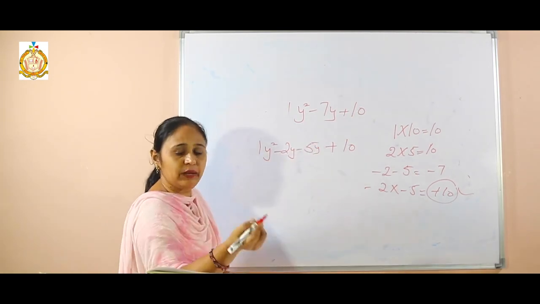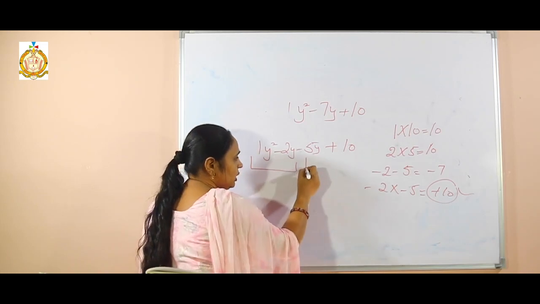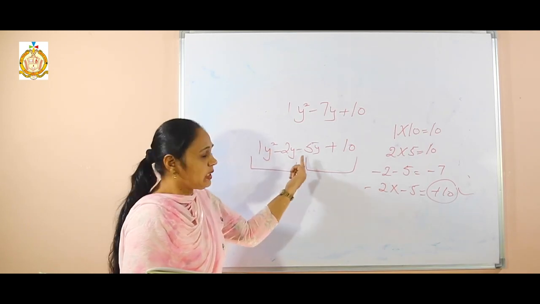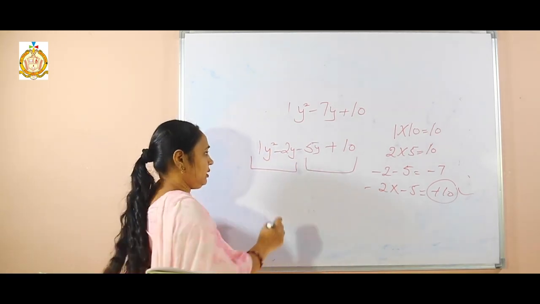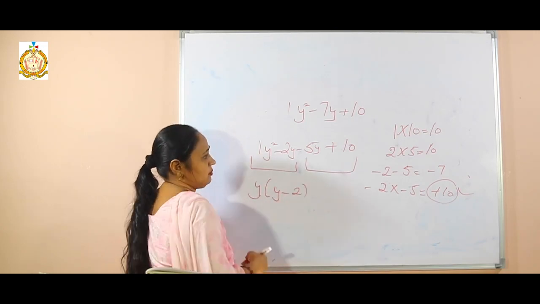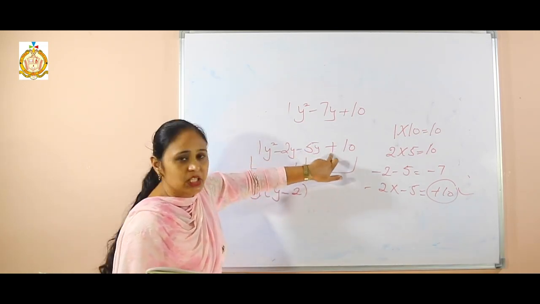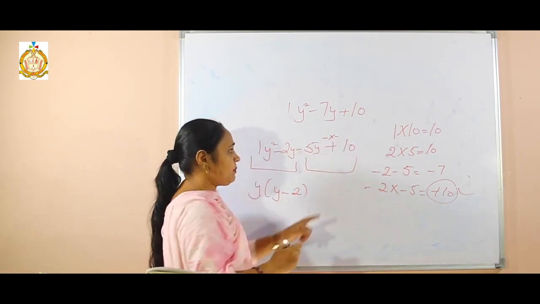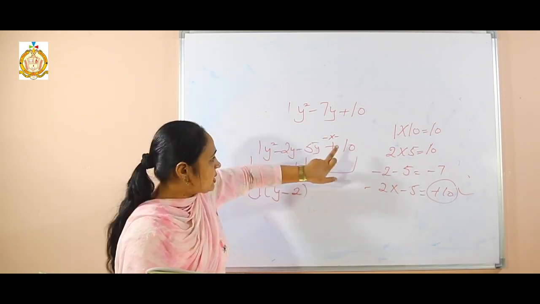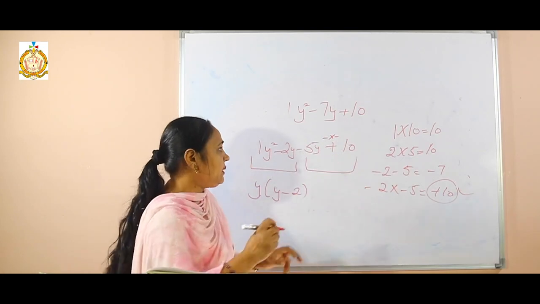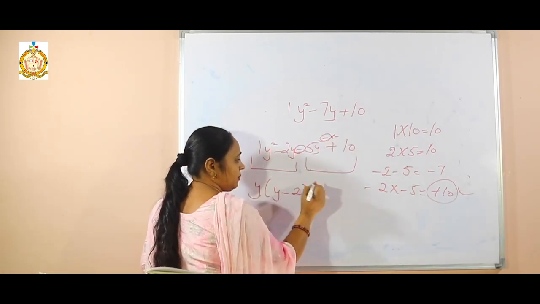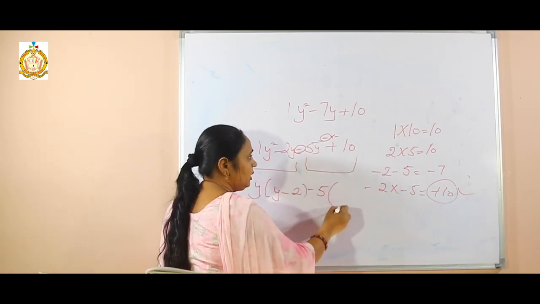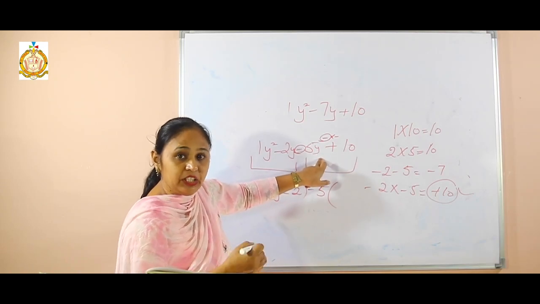Now again the same, we have to make groups of 2 and 2. First 2, then the next 2. Now from here, lowest power, y here 2 times, here 1 time. We can take only 1. Now see here, there is negative, there is positive. In the first bracket there is a negative sign. Now I know that minus multiplied by minus becomes plus. The first value has negative, the second also has negative. That means I can take one negative as common. 5 here, 5 twos are 10, 5 is also common. Now what is left here? y is left but with a positive sign.